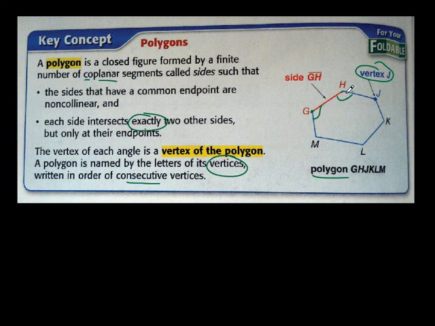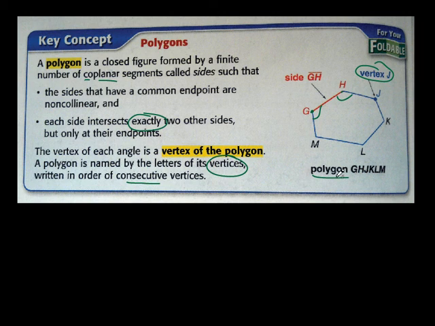So it goes G, H, J, K, L, M. It's a weird name for this polygon, but that's really the only way we can name it, by using the vertices on this polygon. I could have named it a whole bunch of different things. I could have gone backwards. I could have called it